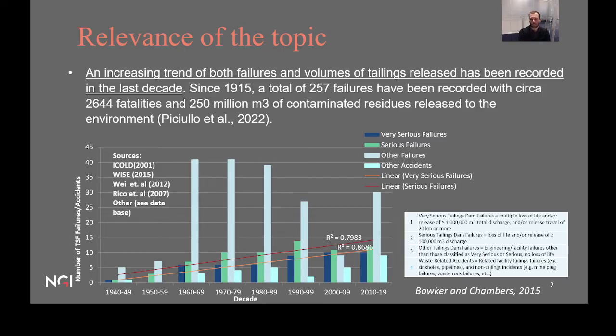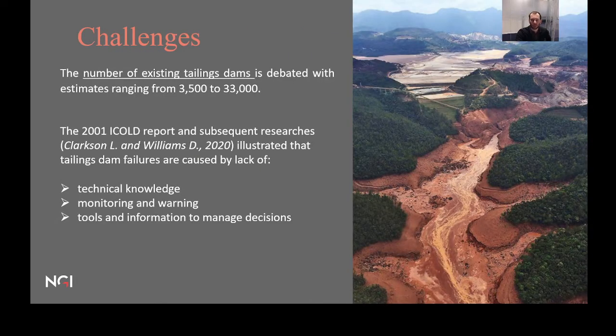Tailings dam failures lead, as we know, to huge human, environmental and economic losses. An increasing trend of both failures and volumes of tailings released has been recorded in the last decade. Since 1915, a total of 257 failures have been recorded, with around 2,600 fatalities and 250 million cubic meters released in the environment. The challenges concerning tailings dam safety are several and can be summarized in lack of technical knowledge,